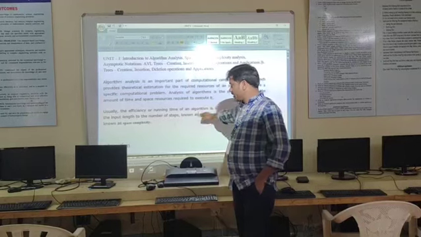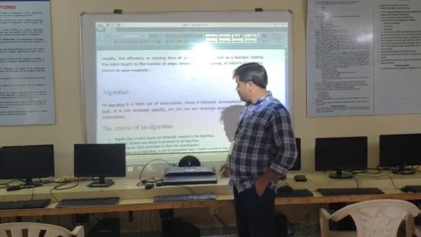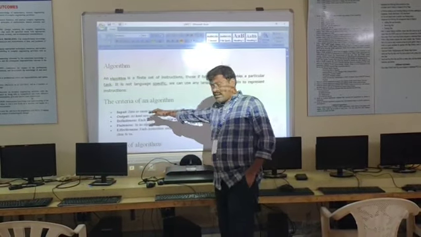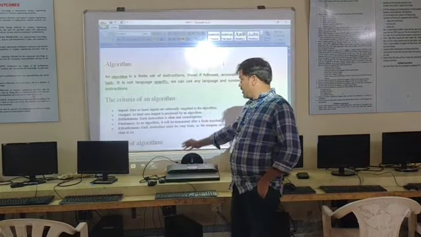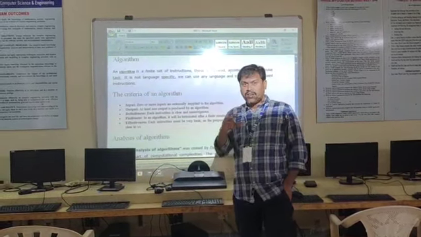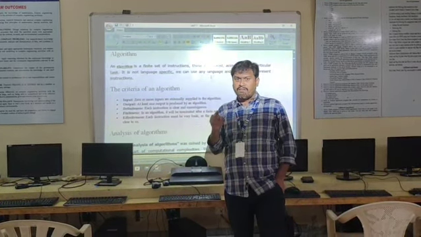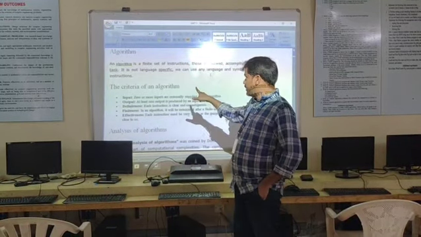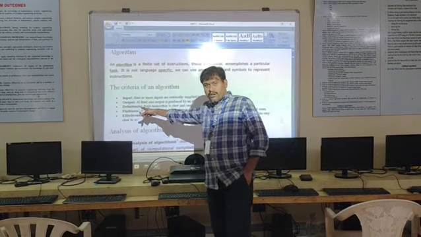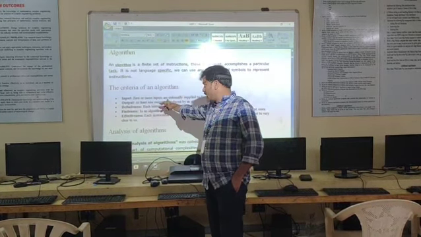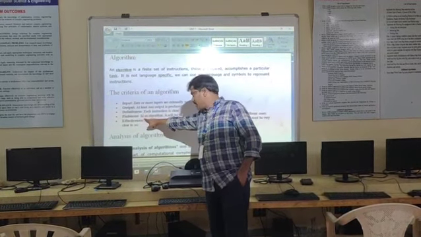Algorithms have different characteristics, like input, output, definiteness, finiteness and effectiveness, and these are the different criteria for an algorithm. Any problem we take, we should solve in a stepwise manner. Whenever we follow a stepwise manner, we need these criteria. In these criteria we discuss what input we provide to an algorithm, what output we get, how it is processed, and after that definiteness, finiteness and